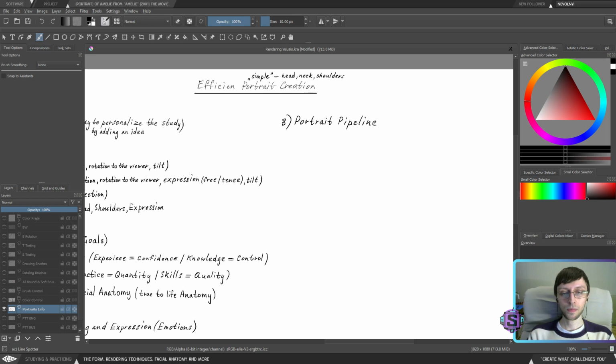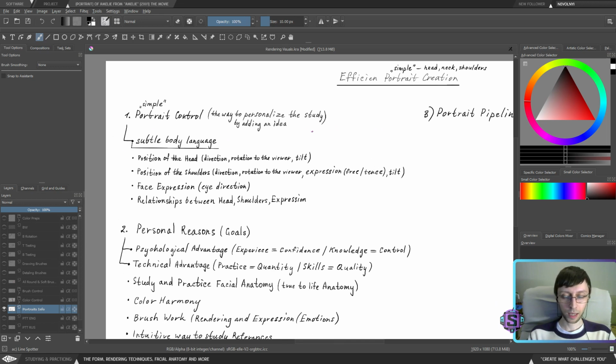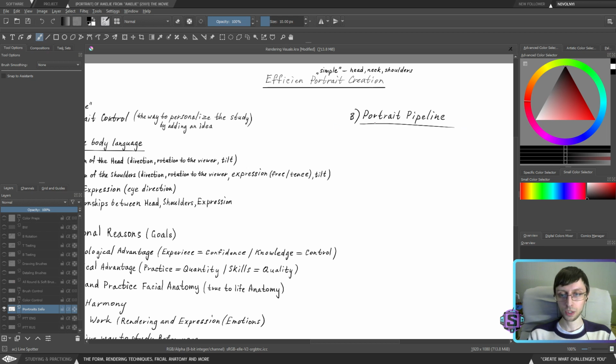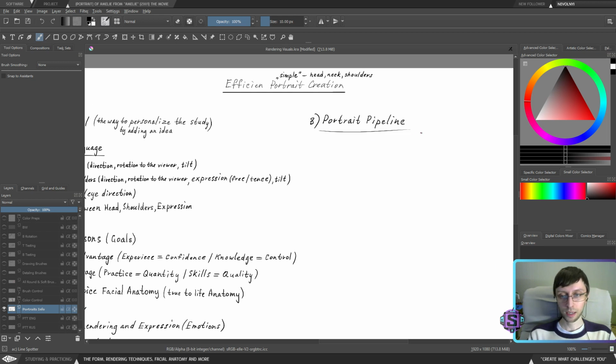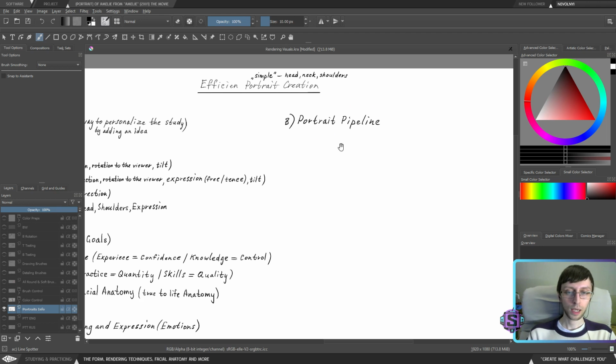So right here, you're probably not going to be able to implement those subtle body language elements. You're just going to use this to study the photos or real life, and then paint from real life or from photo. It's a more straightforward study approach.